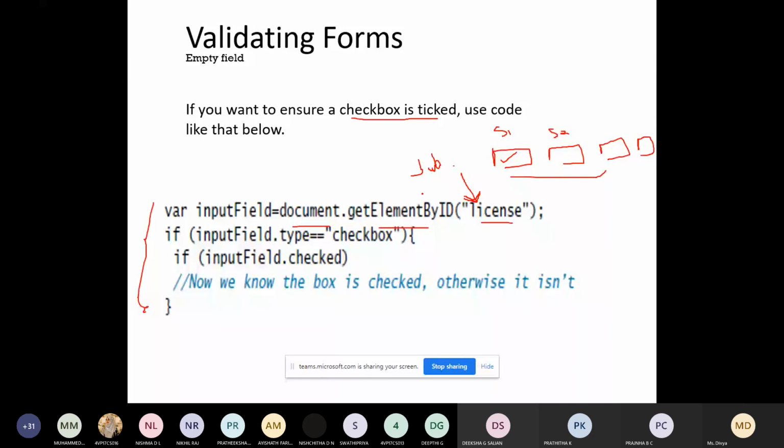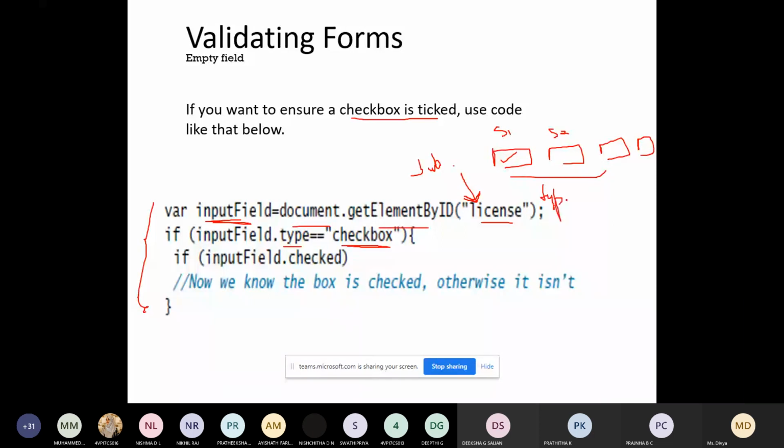So you are pointing to the checkbox which has the ID license, which will be pointed to by the variable, so that this variable will have information about this checkbox. Now inputField.type: we are checking whether the input type is equal to checkbox.